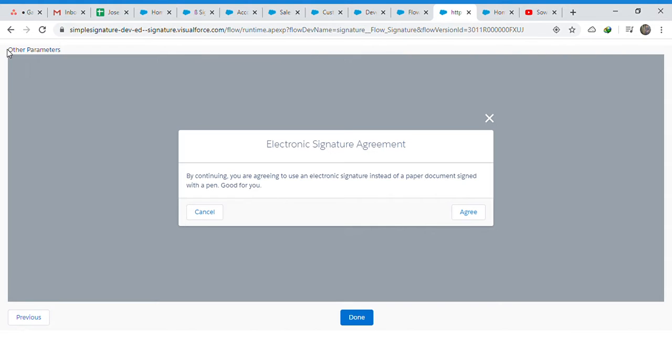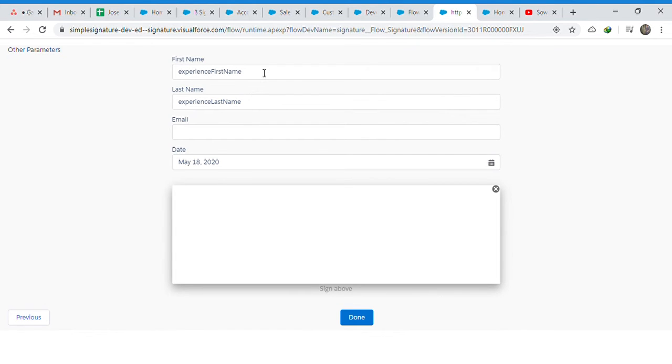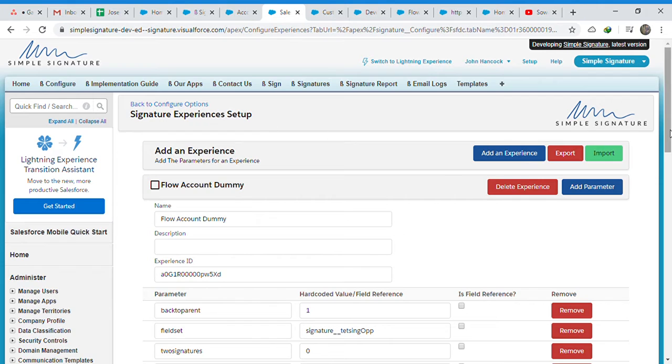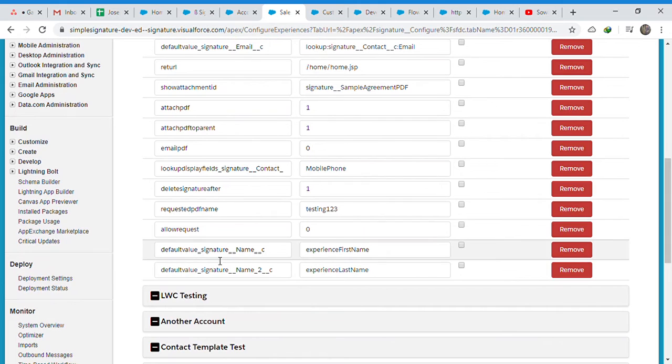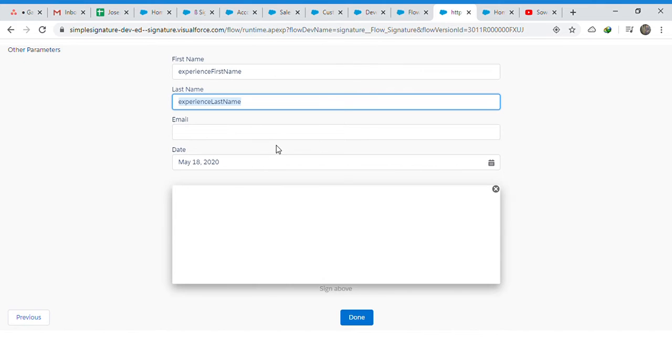I put the other parameter variable here to see if the other parameter is passed, but there is nothing passed as your other parameter. So you see it is blank, and the first name is populated with experience first name and experience last name. So let me show you. This is the experience that the flow is using, flow account dummy. I just added two new parameters, default first name, which is experience first name, and default last name, which is experience last name. So this signature is not connected to any parent, neither account, because the account field is not there,